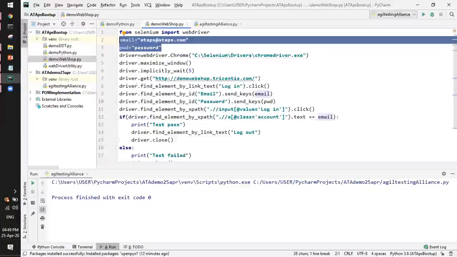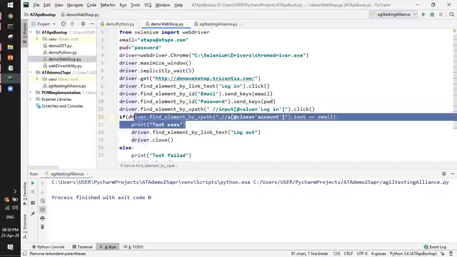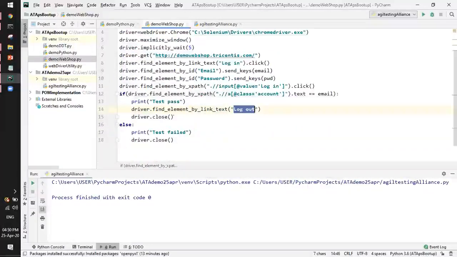You can see it will find the element by link text and click on that, then find the element by ID, which is the username field, enter the email address, enter the password, and click on the login button, and it will figure out if the login is successful or not. If it is, it will print test pass in the console, and it will also perform logout and close the browser. If it failed, add one assert statement.